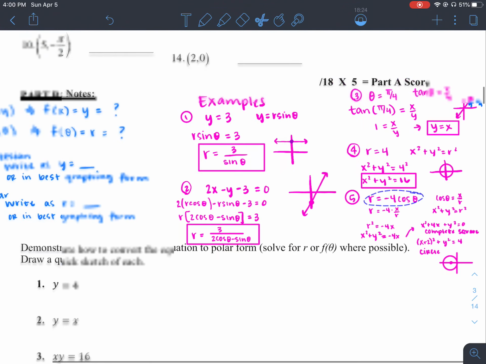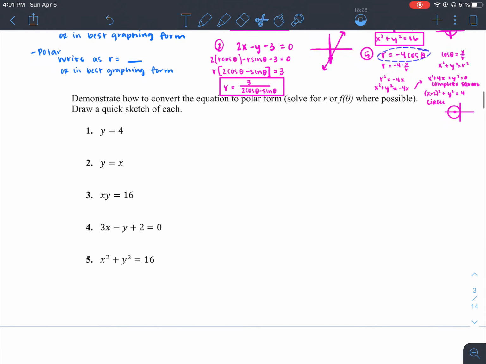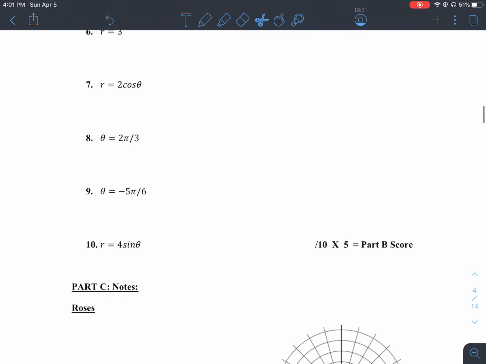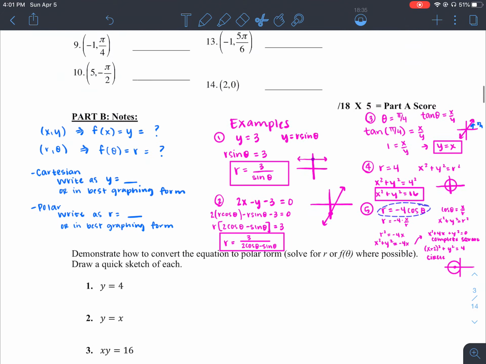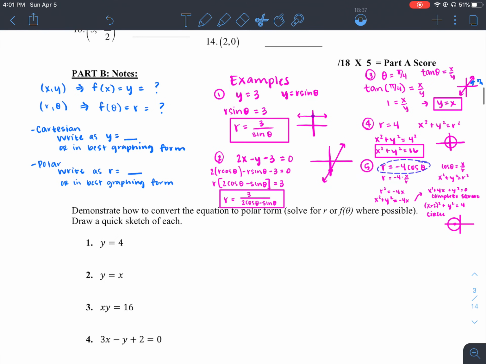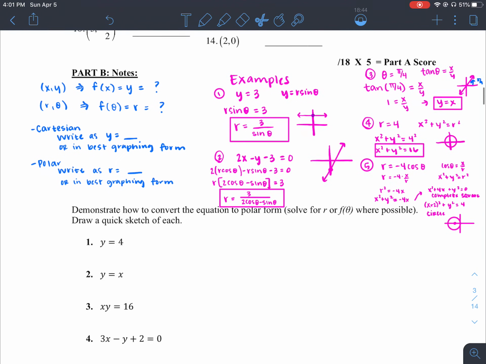Okay, so that is it for the notes. The rest, down until you get to the part where it says part C, is homework. So 1 through number 10 is all of your homework. In class, we're going to talk about grading it, getting points for it, and getting those points to me, all right, or to Mr. Blake. If you have any questions,